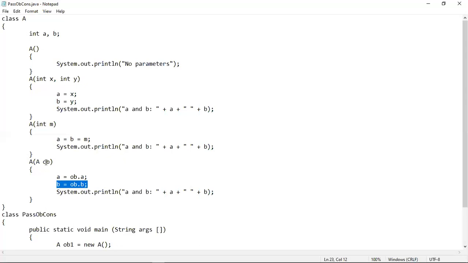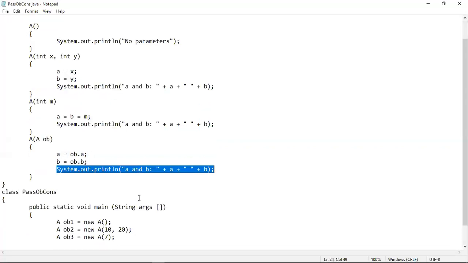Whatever object we will pass into this reference variable OB and whatever values we will be passing to this class using that object, that value will be assigned into this instance variable B. And after that, using this statement, the values of the two instance variables will be printed.